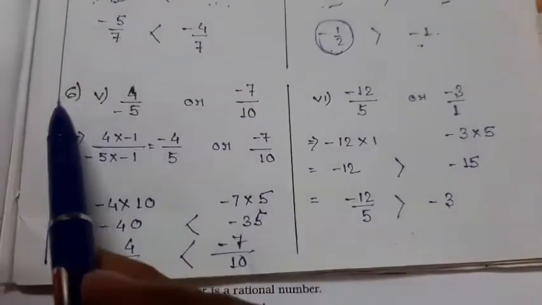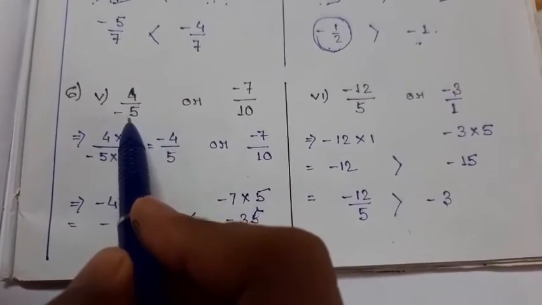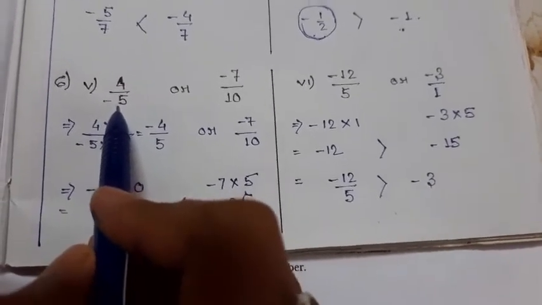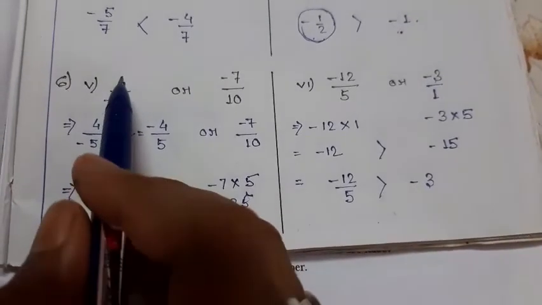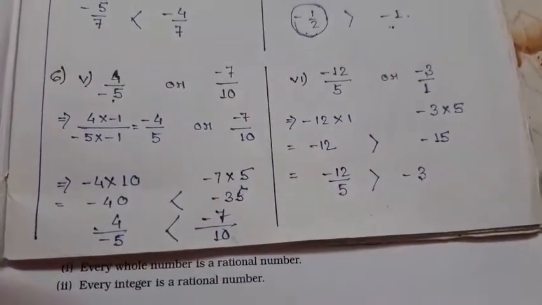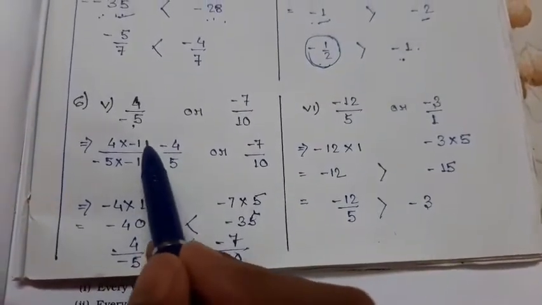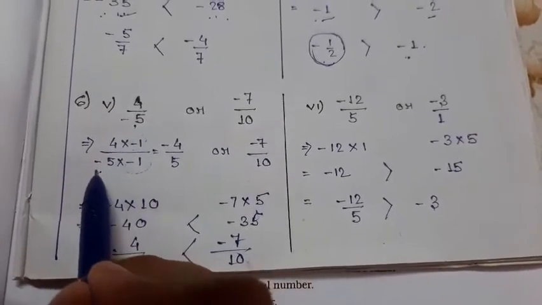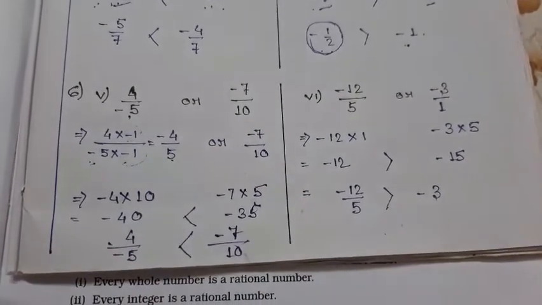Similarly, you can see question number 6. But in this case, the denominator is negative. So when the denominator is negative, we have to convert the negative denominator into a positive denominator. It is mandatory. So to find the positive denominator, we have to multiply both the numerator and denominator, both, you have to remember, not only the denominator, by minus 1. Because if we multiply with minus 1, we can change the sign. You can easily understand, minus 5 into minus 1 equal to 5. 4 into minus 1 equal to minus 4.